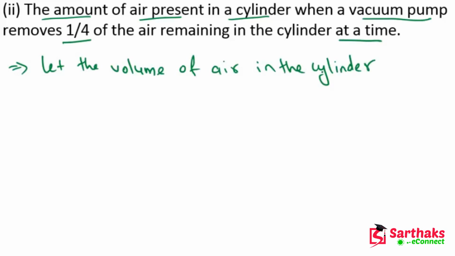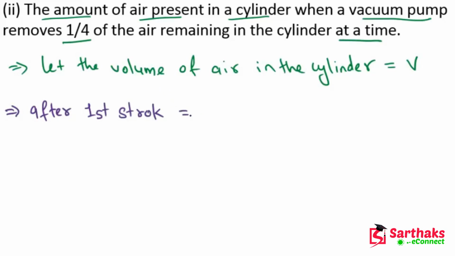Okay, so let's suppose the volume of air in the cylinder is V. According to the question, the vacuum pump removes 1/4 of the air remaining in the cylinder at a time. So after every stroke, the pump removes 1/4 of the present air. Now, after the first stroke,